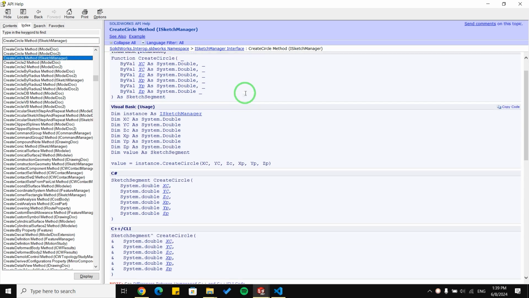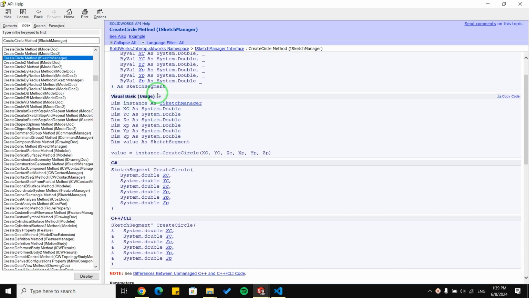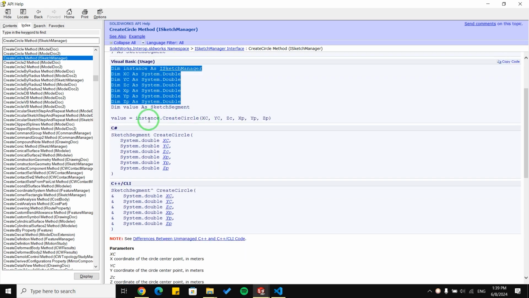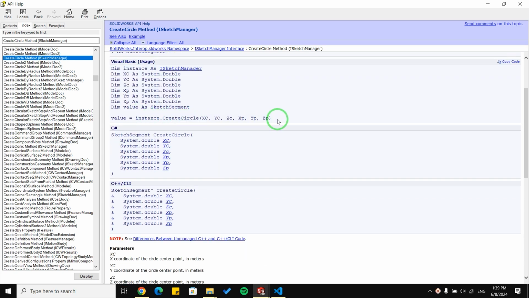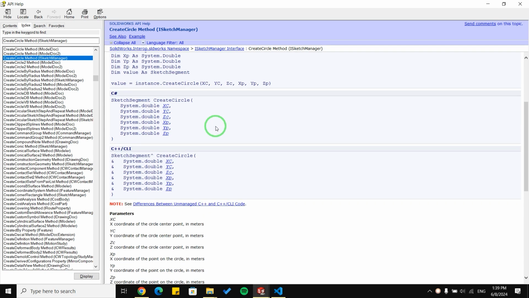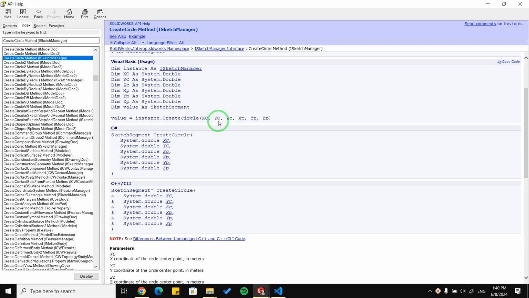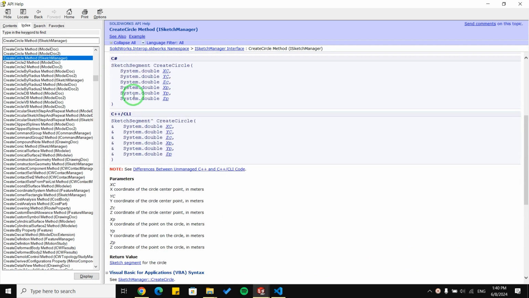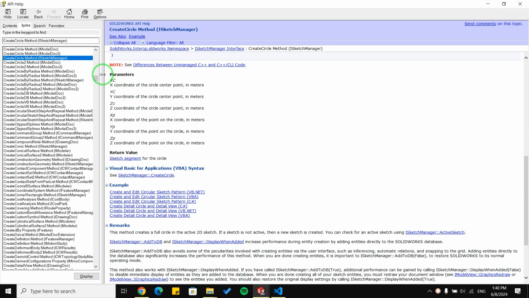So we can see here Visual Basic is going to talk about how to define our variable and about the parameters that are available for this method: XSC, YSC, ZSC, XAP, YAP, and ZAP. And we have here the most important part, parameters.